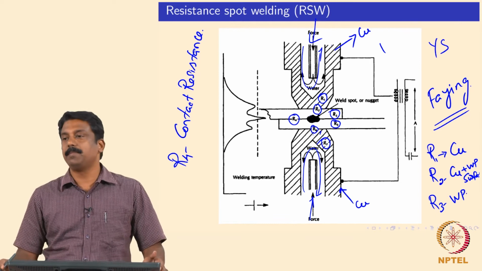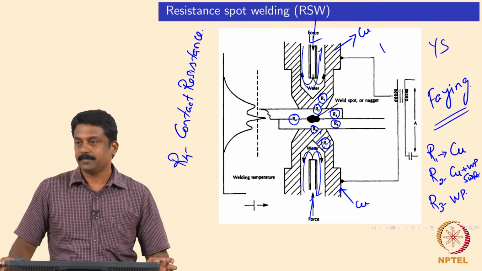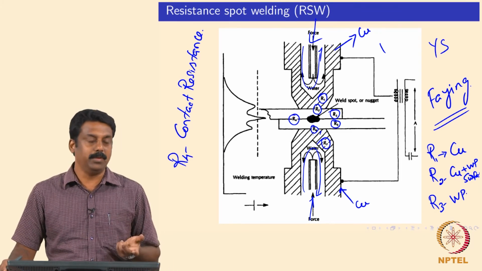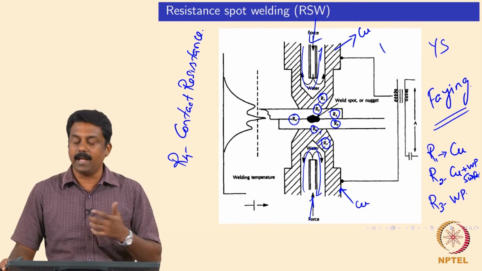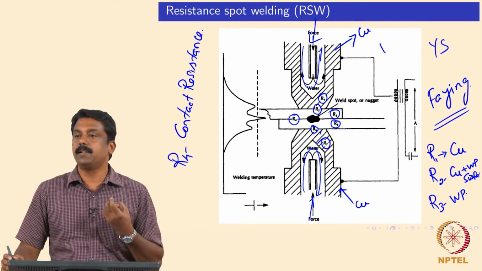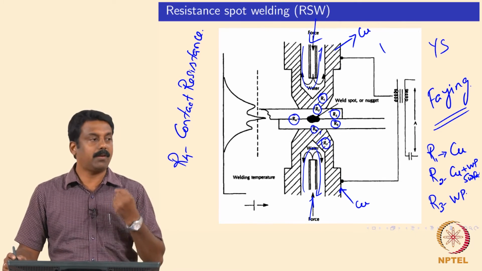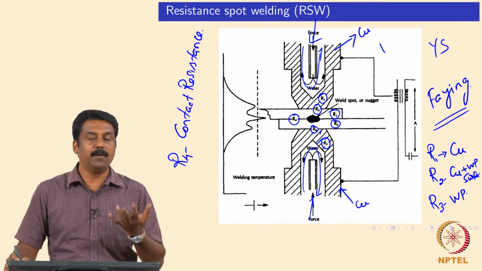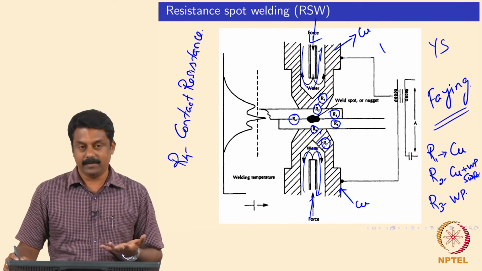Which resistance will be maximum? Obviously, the contact resistance between the two sheets. R1 is as small as possible, and similarly the R3 resistance of the sheet is not as high as R4. So, the maximum resistance you would expect is in between the sheets. That is where the electrons' path is hindered the most, so R4, the contact resistance, can generate the maximum heat.